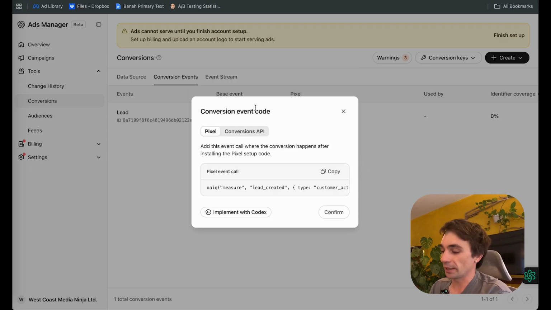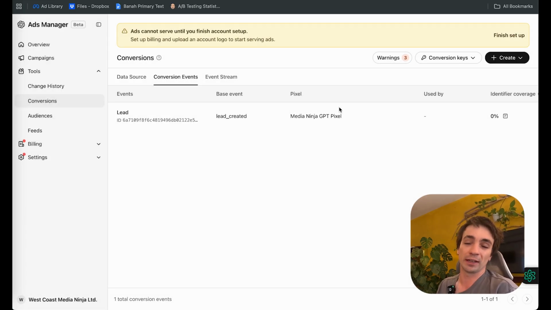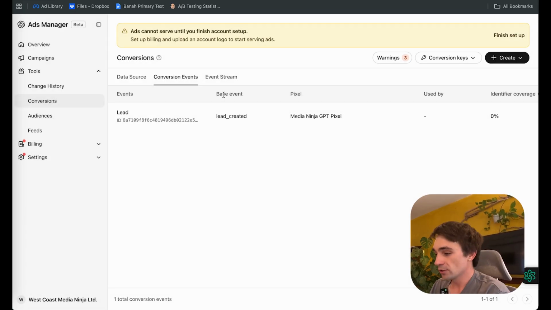My lead event is now created. It's coming up with a conversion event code. I'm going to come back to this. What I'm going to do is create my booked appointment event instead, and then I'm going to install both at once. So in order to create a booked appointment event, what I want to do is click on create right here,